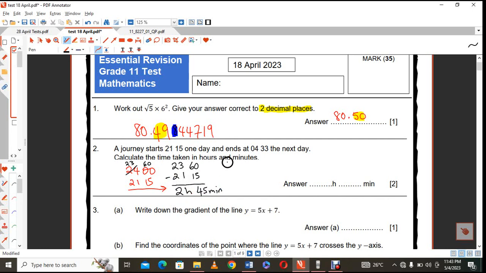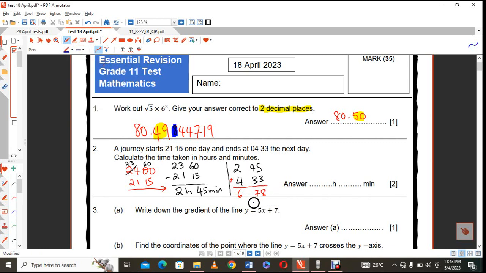Now, this is what I now know. I'm going to add the 2 hours and 45 minutes to the 4 hours and 33 minutes, okay? So that I can find the total hours or in minutes that this journey is taking place. So that is 8 over there, that is 7, and that is 6. The thing is,